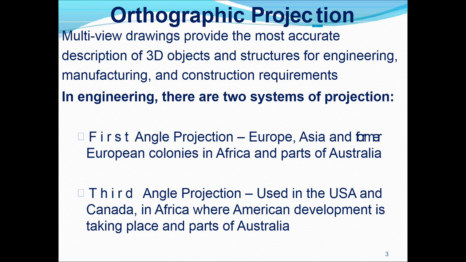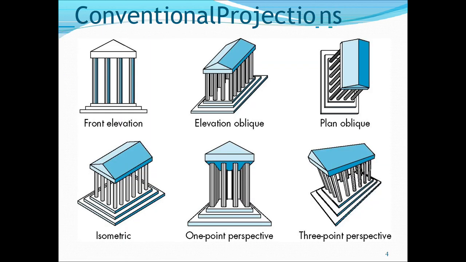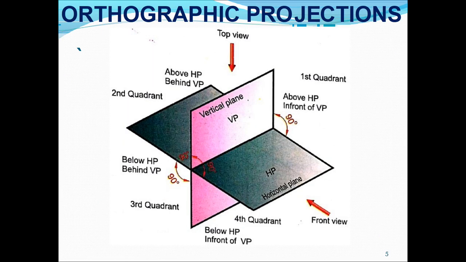We won't be using the second angle projection and the fourth angle projection, since the planes will be overlapping. In countries like those in Europe, Asia and some other countries, we will be using first angle projection, and third angle projection we won't use here, but it will be used in the USA. So this is the simple representation of orthographic projection.